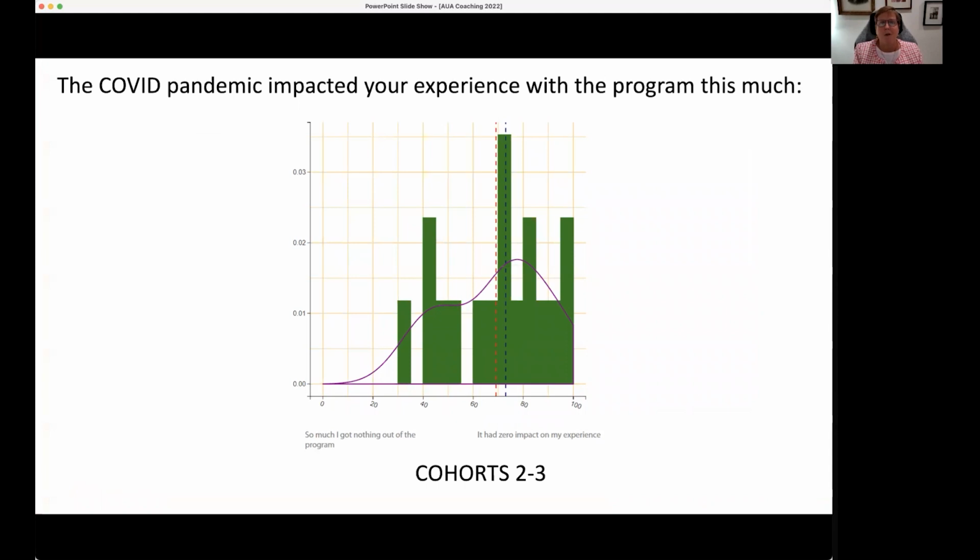We did ask about the COVID-19 pandemic and going virtual and how much it impacted the experience, with the slider from so much I got nothing out of the program to it had zero impact on my experience. And what we saw was, yep, there was probably a little bit of an impact, but the virtual worked really well. And what was really interesting is even as we go back to in-person for the one-on-one coaching, our workshops have stayed virtual because we get so much better participation in those virtual workshops, much higher attendance,